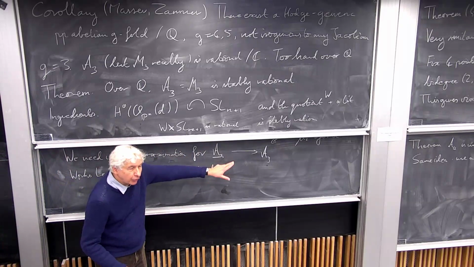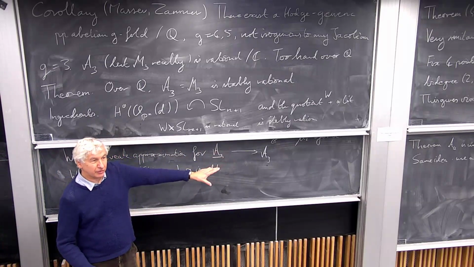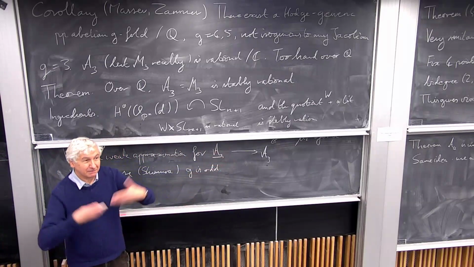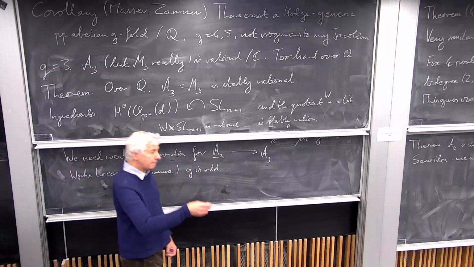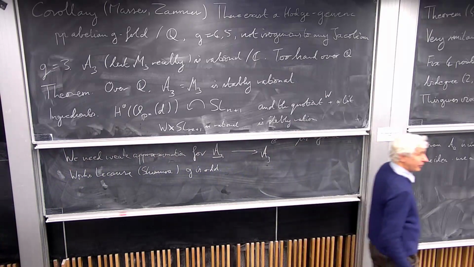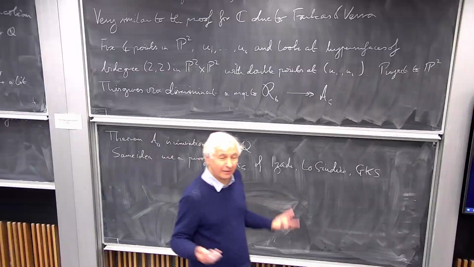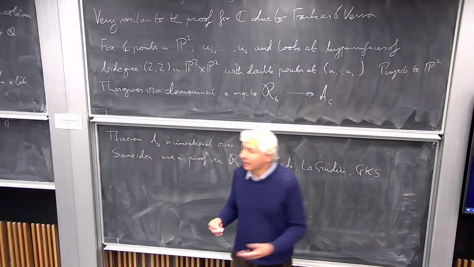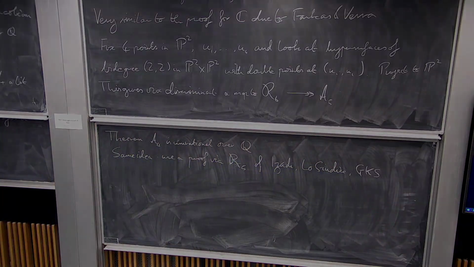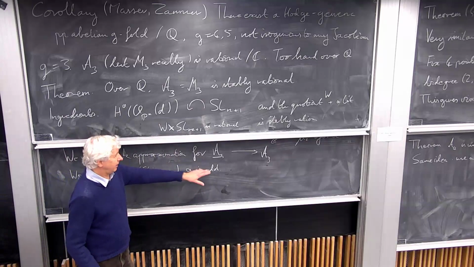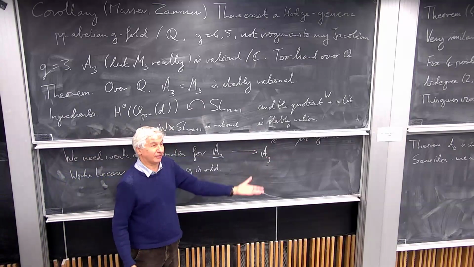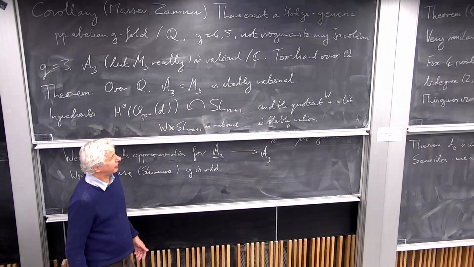For A_2, it's all right for a different reason, because you can just write down a hyperelliptic curve, you just write down the equations, lift the coefficients, there's no problem. So there's this peculiar thing that it all works nicely for odd g. Well, I mean 3 and 5, it certainly isn't going to work beyond that for the same reason.